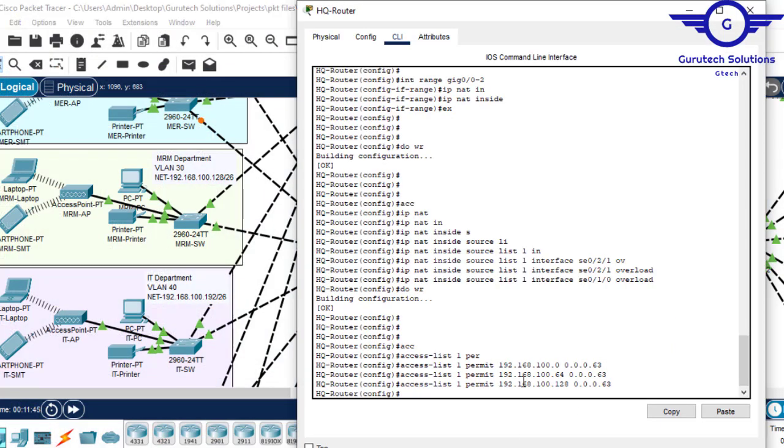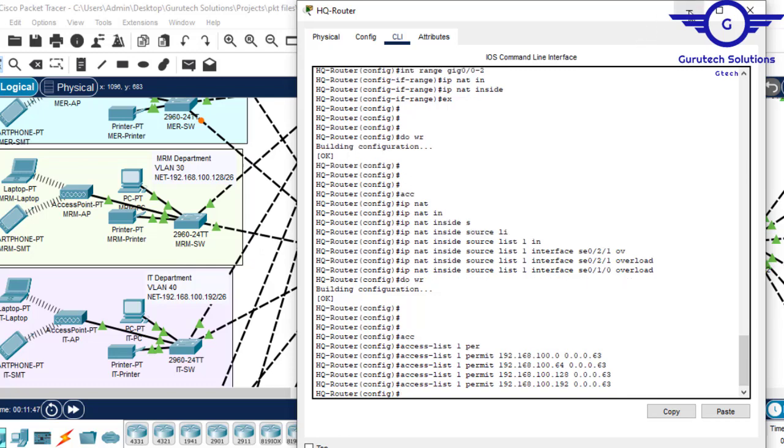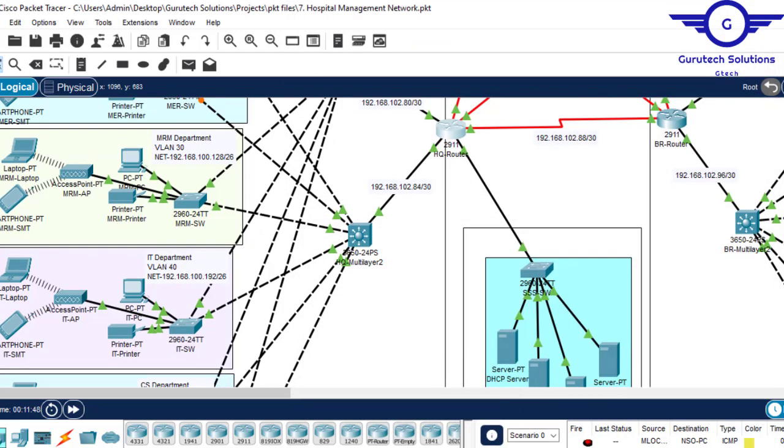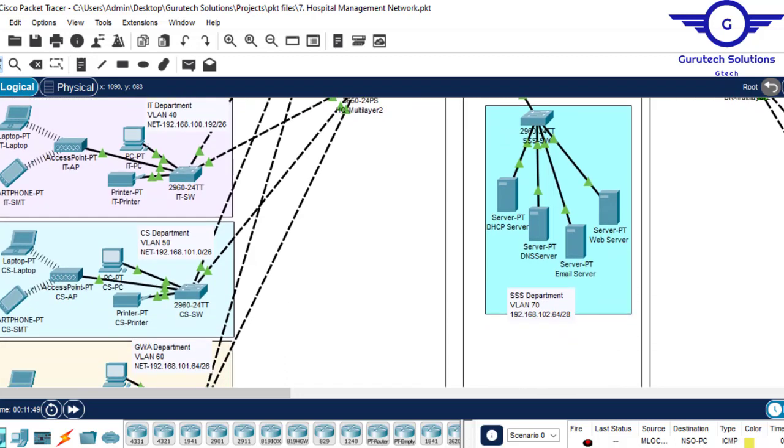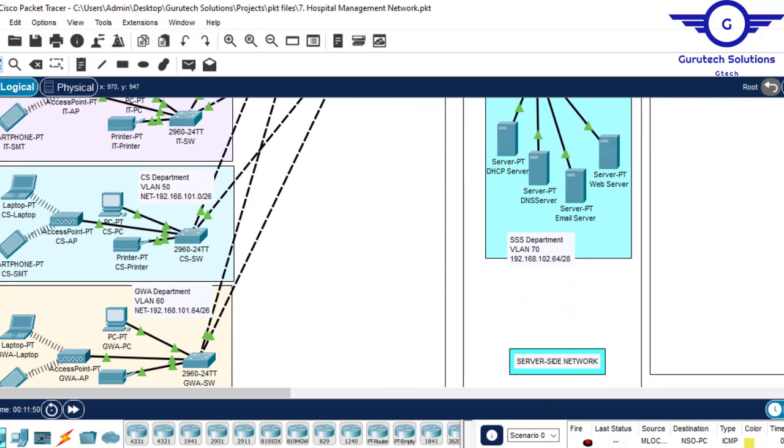Another rule should also permit .192 with the same wildcard mask. Then another rule should permit